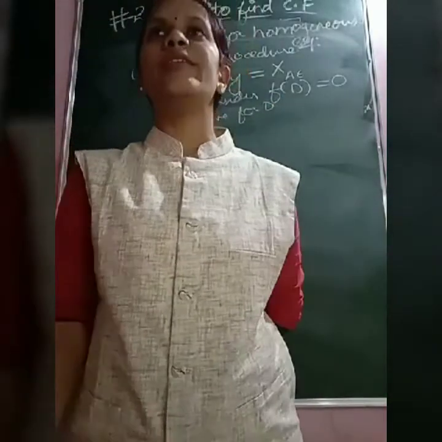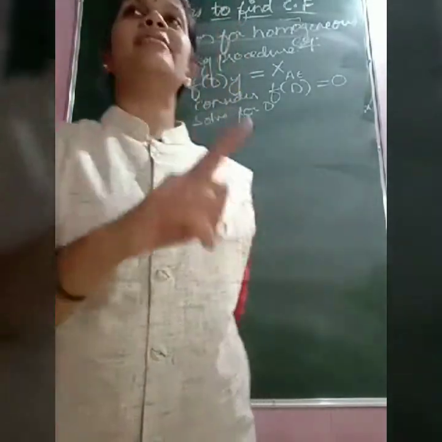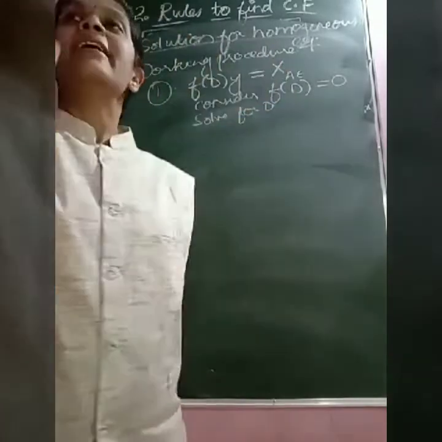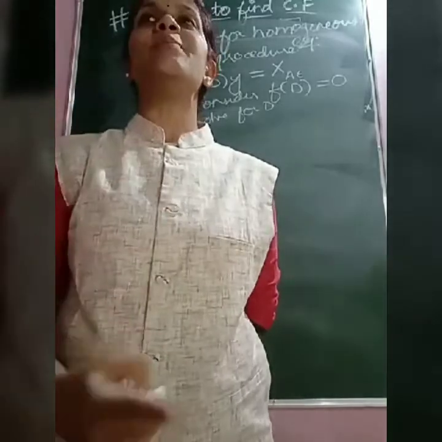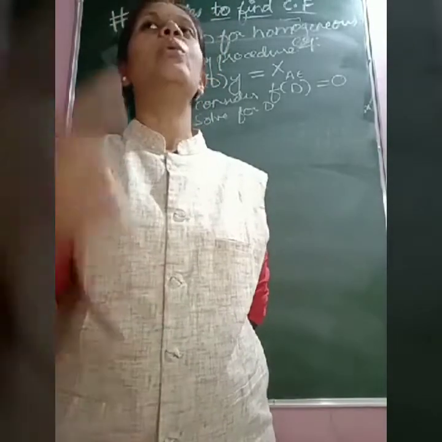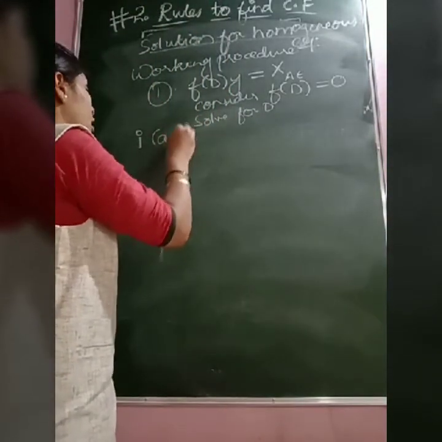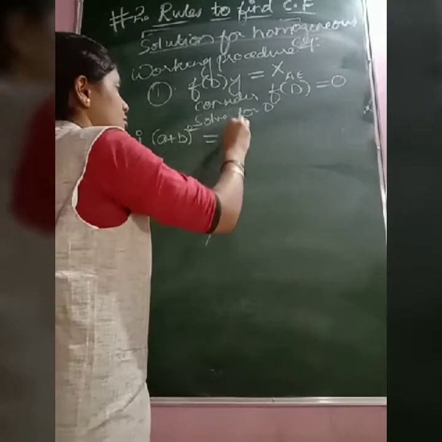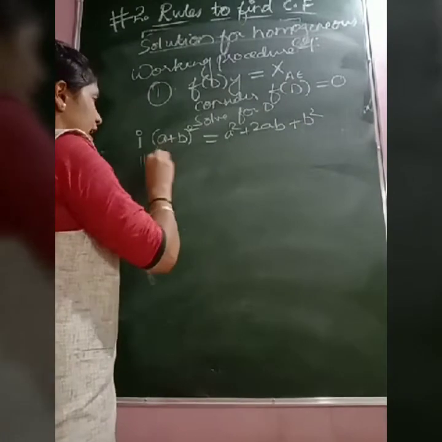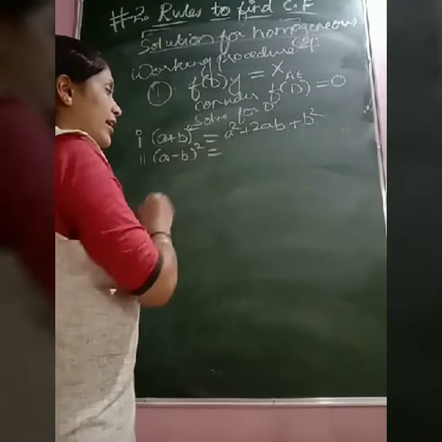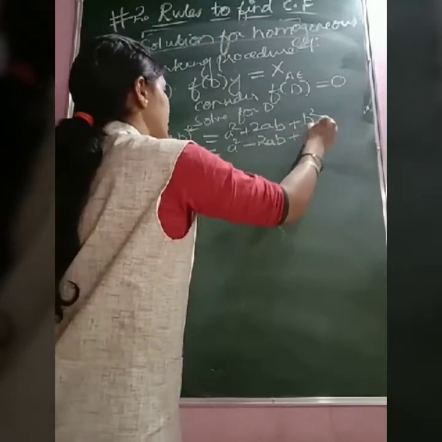So how to solve for D? Very easy it is going to be. Firstly, you have to see whether the given equation can be written in a standard algebraic identity form. I'll just give you a list. Firstly, (a plus b) whole square, which you have to remember, is a very easy one. (a minus b) whole square is a square minus 2ab plus b square.